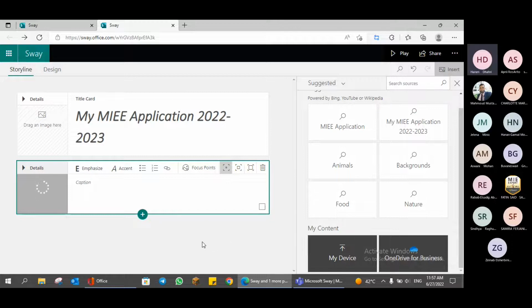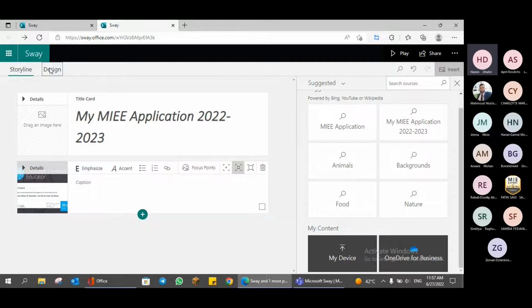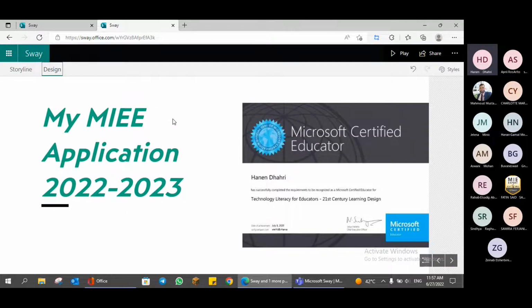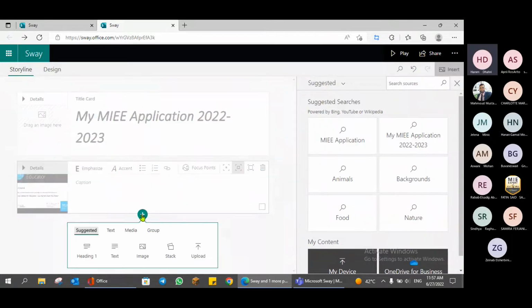Okay, so this is my introduction, for example. So here, I will choose the settings. I want it medium, not very big, not very small. And the certificate is there. Okay, let me check the design. So this is how it looks like. It will go horizontal. I will add one more thing, and then I will change